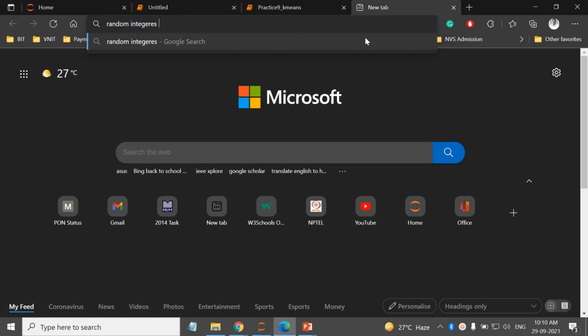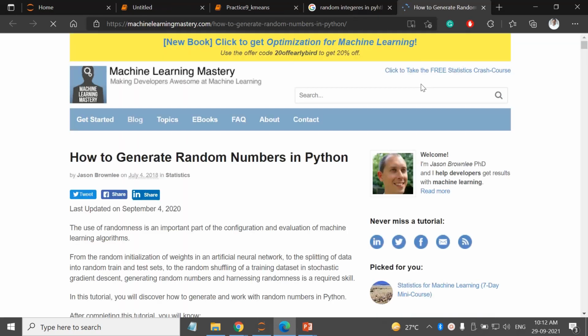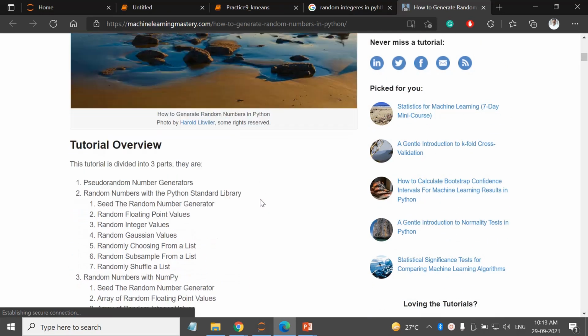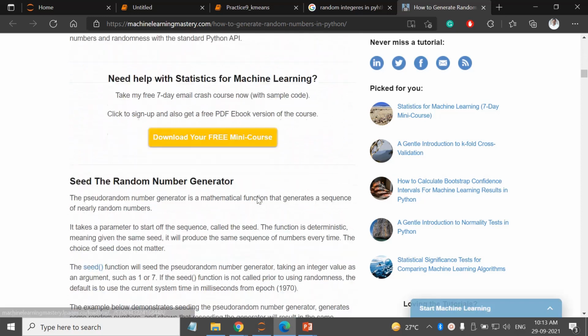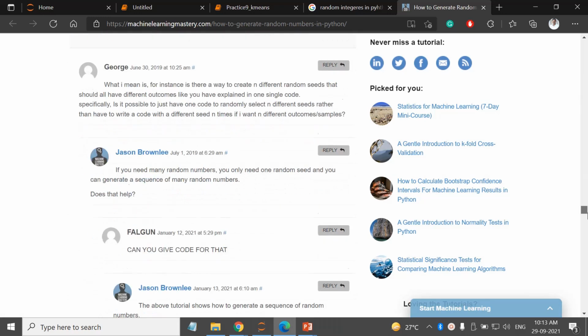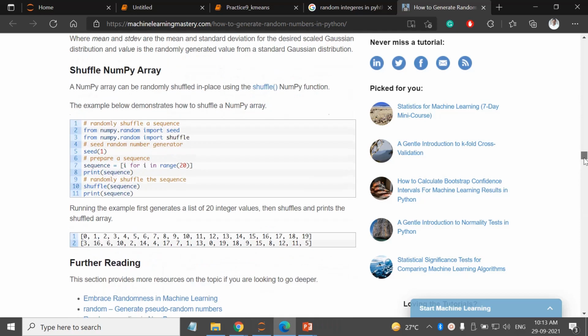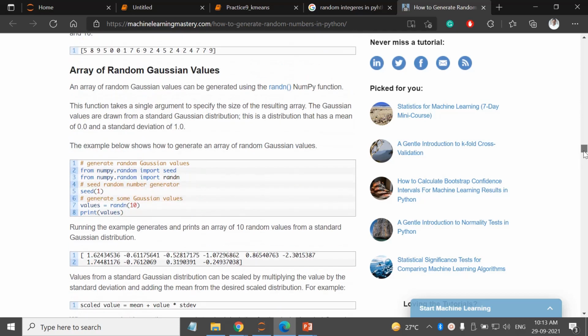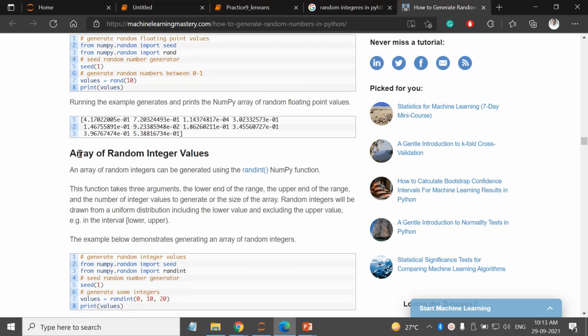If we don't know the exact library, search for that. There are different libraries. We have one library called random, but I want an array of integers, so we have to use the NumPy library called random, where you can get random integer values.